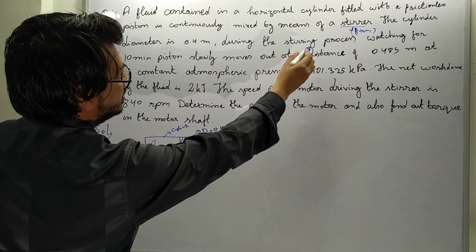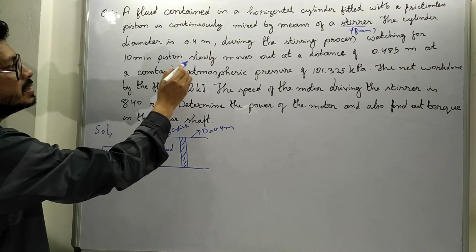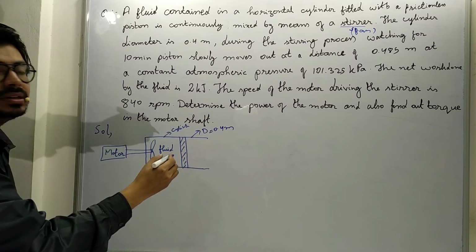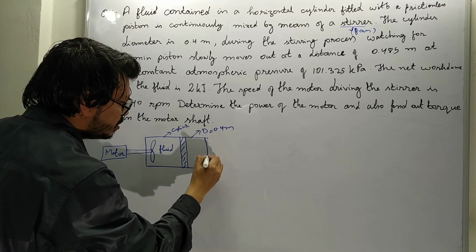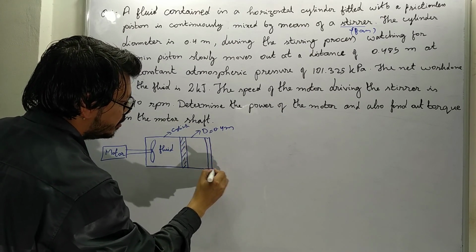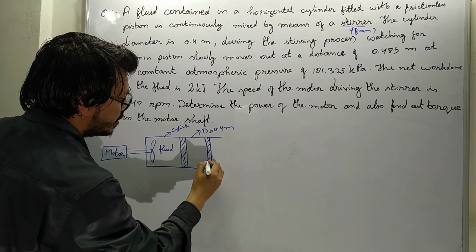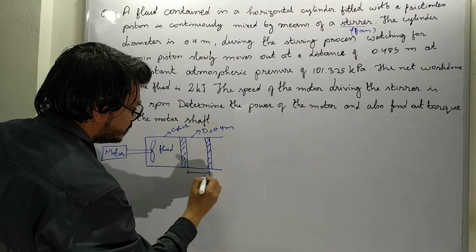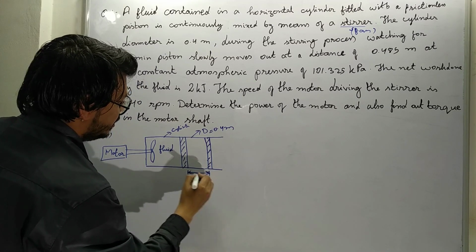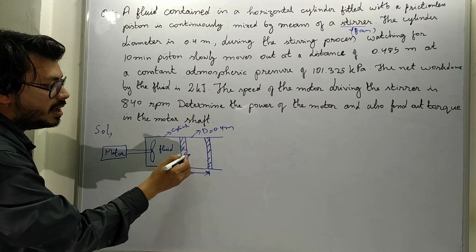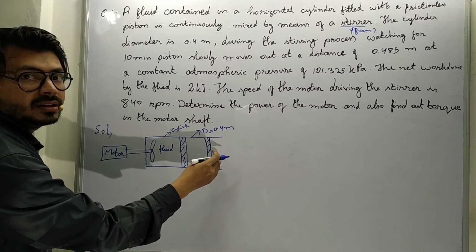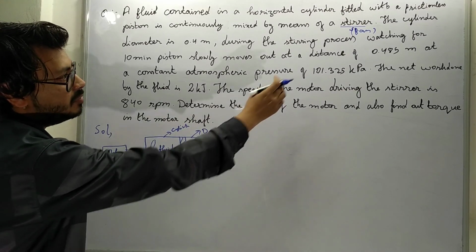During the stirring process, watching for 10 minutes, the piston slowly moves out a distance of 0.485 meter, that is this distance. Initially the piston was here, and after the stirring for 10 minutes the piston moves out slowly at a distance of